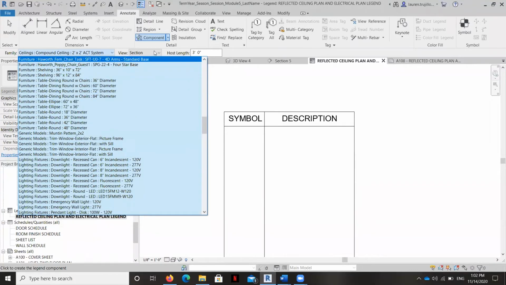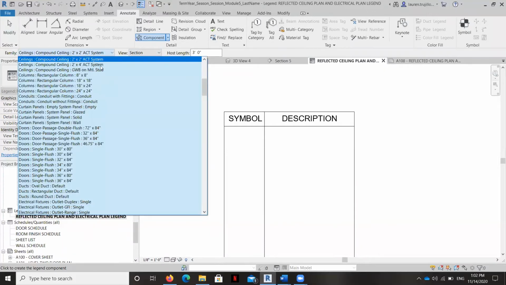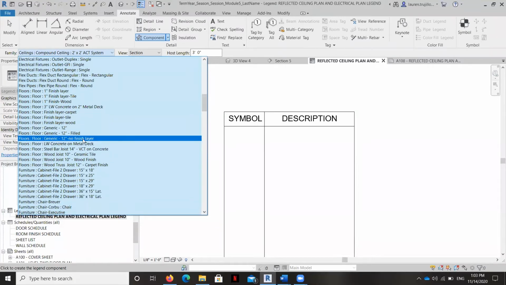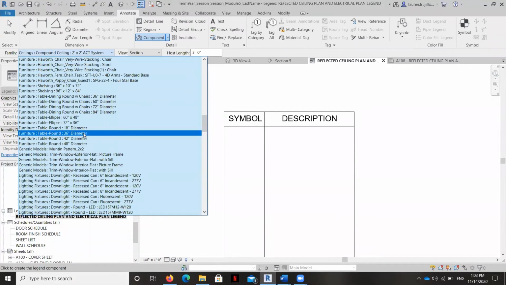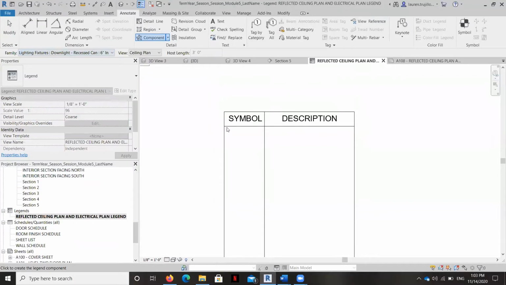And so you can see it's got a view set for section. We actually want it to just be a plan view. So let's go ahead and just place a couple of these in here. We know we've got a recess can. And look, there's our symbol right there. And it's tiny because it's to scale. And it's going to match the size of the symbol on the plan that's right next to it. See how the view changed?